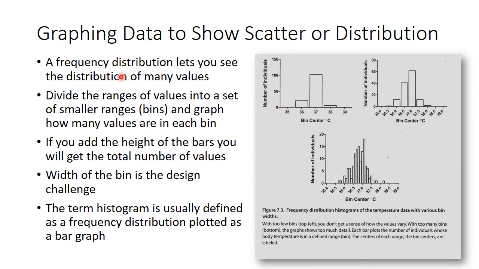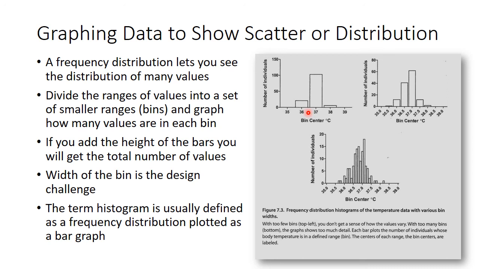Another way we could do this would be with frequency distributions that actually let you see how many times a specific value comes up. And again, you can break these down in several different ways. Basically, what you can do is put various numbers into a specific bin. So say anything that falls within 36 degrees Celsius would fall into one bin, 37 and 38. Notice this isn't super useful because you can't really tell much of the actual differences between, say, 36.1 to 36.2